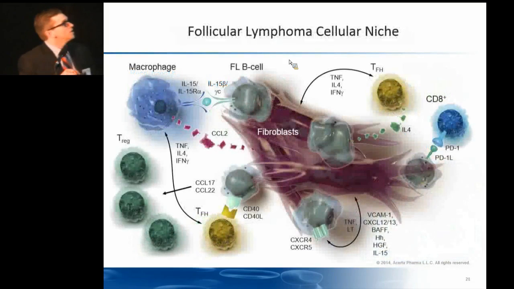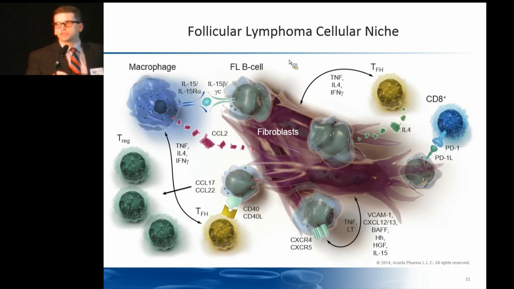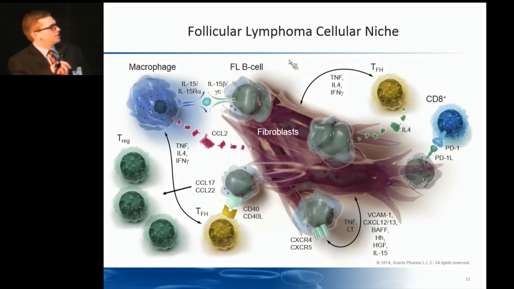So in follicular lymphoma, we've seen this effect somewhat indirectly by looking at exogenous cultures looking at Tregs, and also the secretion of CCL17 and CCL22 from the tumor microenvironment. But what we see is the enrollment of T follicular helper cells, and these will engage the malignant lymphoma cells by either CD40 or the secretion of IL-4. And when these cells are stimulated with IL-4 or CD40, you see a spike in the secretion of CCL3 and CCL17 and CCL22, which will then bring in these Tregs, which will provide this immune